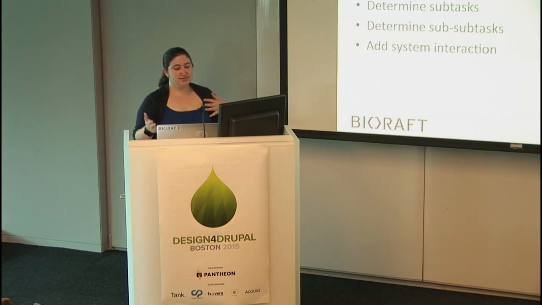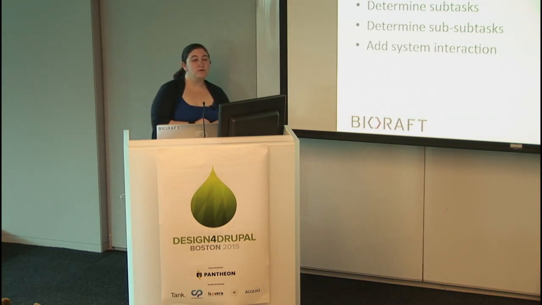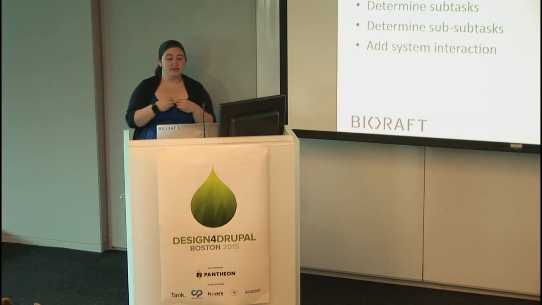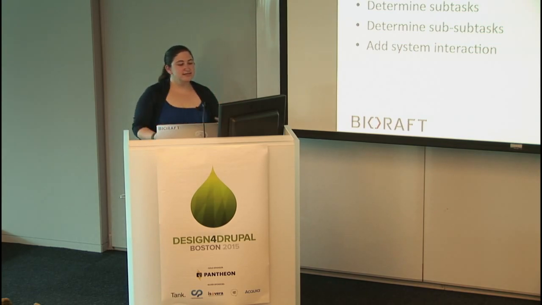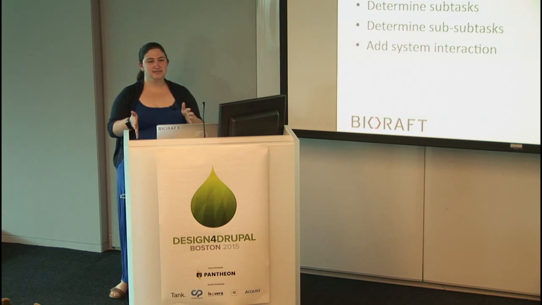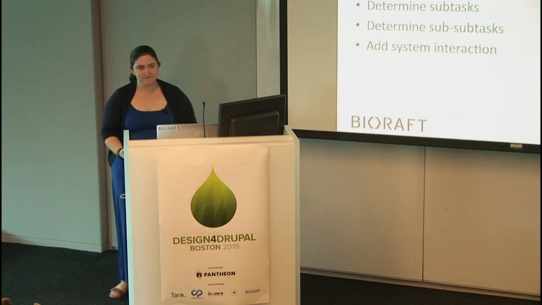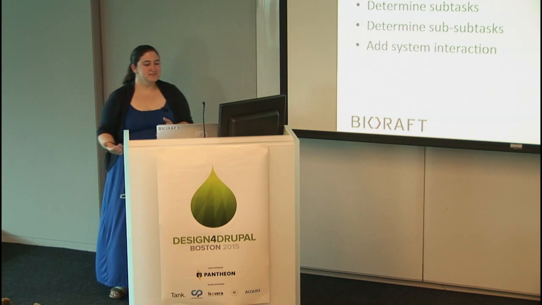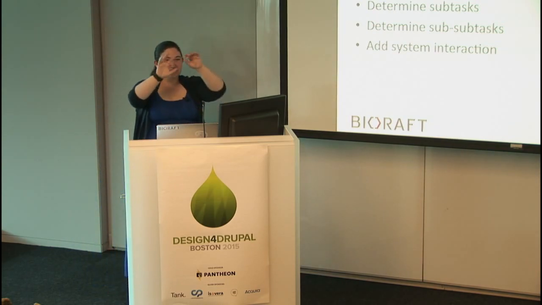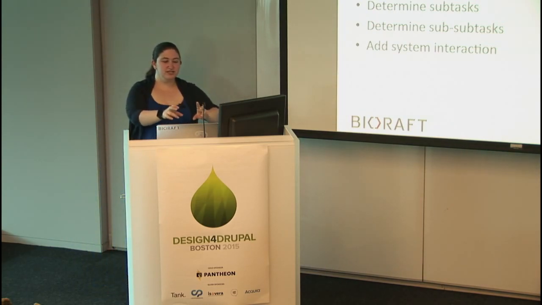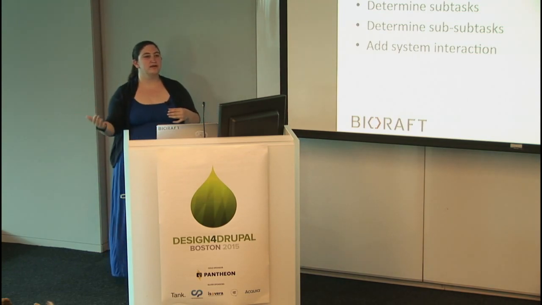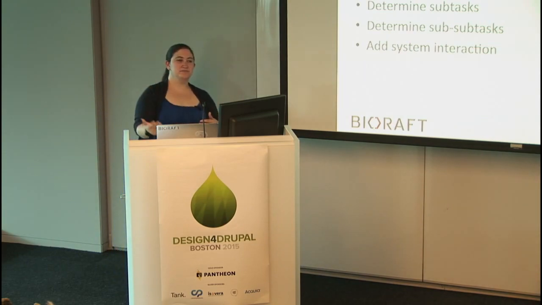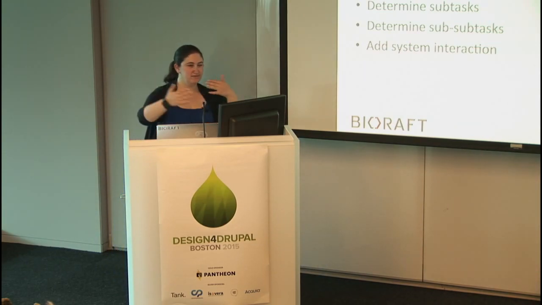So really, what you're doing is you're determining the goal, pulling the pieces from your scenarios that pertain directly to that goal, then you're breaking them down into smaller pieces. You're determining the subtasks, and then you're looking at your subtasks. Okay, can I break this down any more? Kind of like factoring. And also, once you figure out the smallest pieces of this interaction, you start adding in how does the system interact with this? What's happening on the other side of the computer or the screen or whatever this person is using to interact